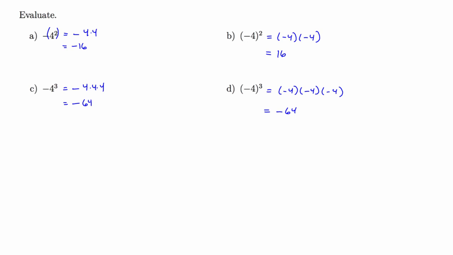What's important in the difference between A and B and the difference between C and D is not that sometimes it's positive and sometimes it's negative, but what does the exponent apply to? In both parts A and C, the square on part A and the cube on part C only apply to the 4. So it's only the 4 that's getting repeated. Whereas in part B and D, the exponent of 2 or the exponent of 3 apply to everything in parentheses. So it's the entire negative 4 that gets repeated twice, or the entire negative 4 that gets repeated 3 times